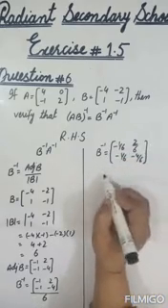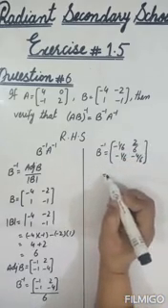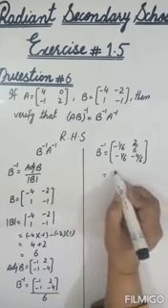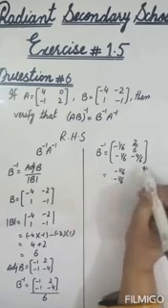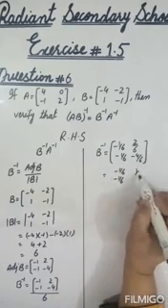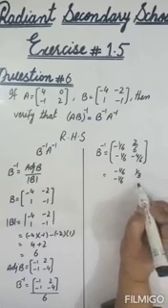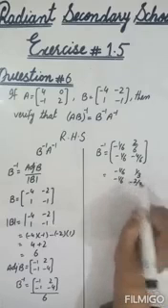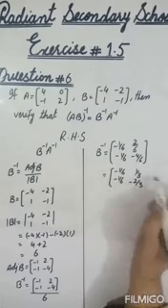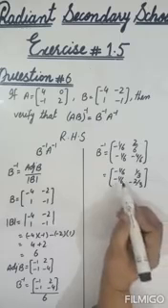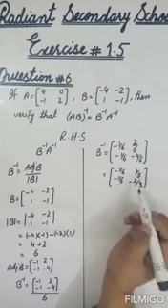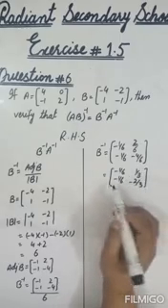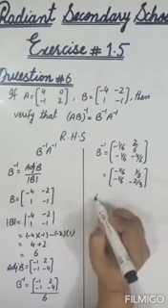By simplifying, it is equal to minus 1 by 6 remains as it is, minus 1 by 6. 2 ones are 2 and 2 threes are 6. 2 twos are 4 and 2 threes are 6, and minus sign will be there. So B inverse is equal to minus 1 by 6, minus 1 by 6, 1 by 3, minus 2 by 3. Now we have to find out A inverse.